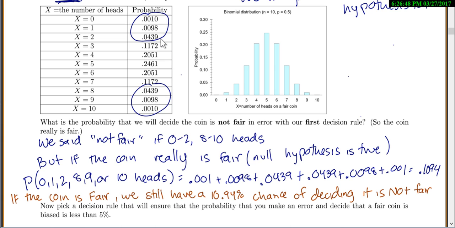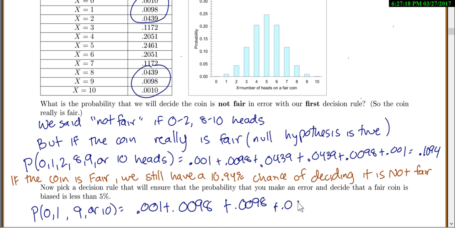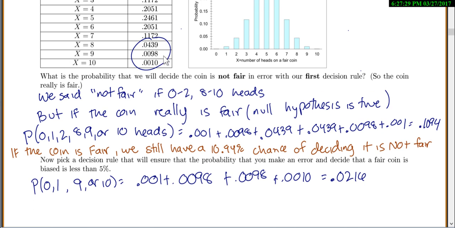Okay, go ahead and guess. 2 and 8. Okay, so you want to take out 2 and 8, and both of those are actually really close to 5% themselves, and so we probably can't leave either one in and keep it less than 5%. So let's take out the 2 and 8, and double check. So probably the 0, 1, 9, or 10. Let's add those up: 0.001, 0.0098, 0.0098, and 0.0010 give me 0.0216. Can I add either the 2 or the 8 back in without putting it over 5%? Okay, no, so that's all we can do.